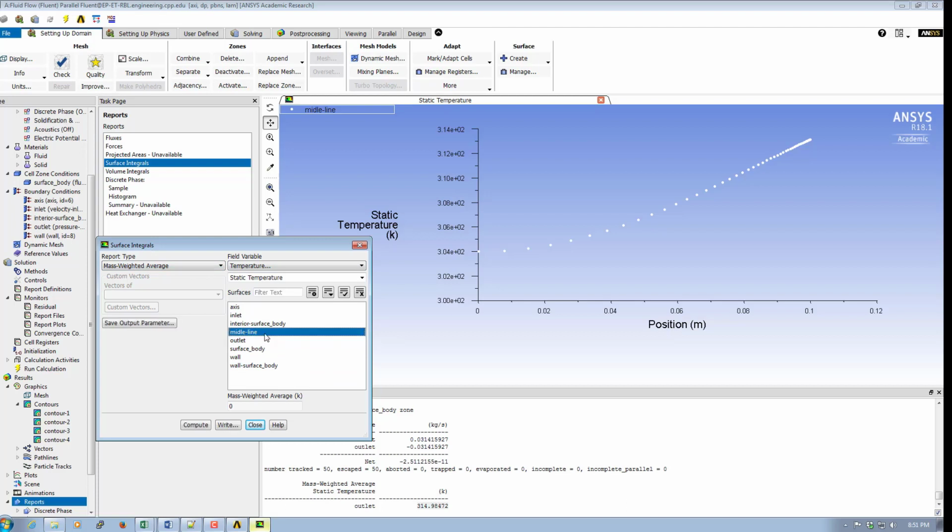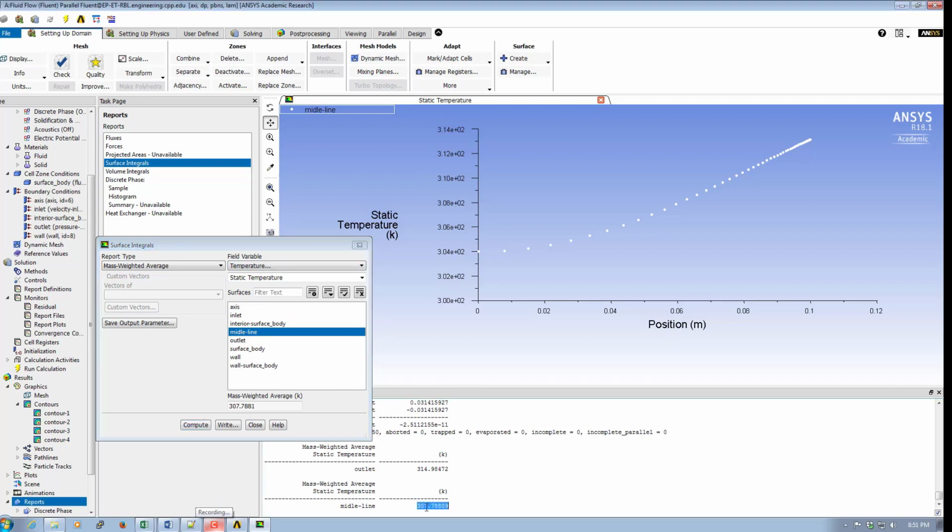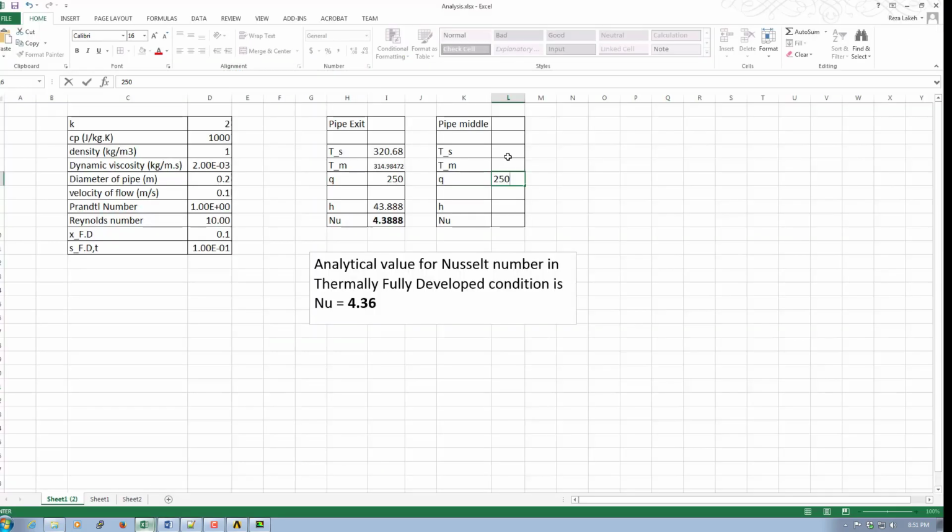I want to do it in the middle line, and I want temperature. So click on compute. Software is going to tell me that the middle line mass weighted average is 307.78. I copy this, paste it right here,